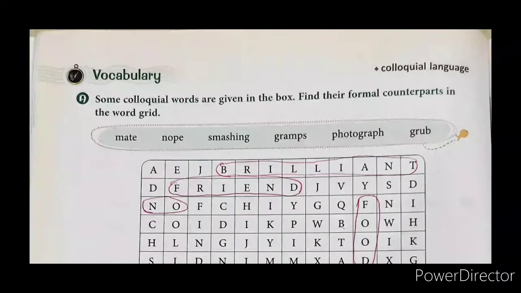Vocabulary area. Under vocabulary, the first exercise is about colloquial language. In vocabulary, we have colloquial language. So first, let's understand what is meant by colloquial language and where we use it in our daily routine, under the title of vocabulary from page number 12 from the second story from our workbook, The Foolish Frogs.